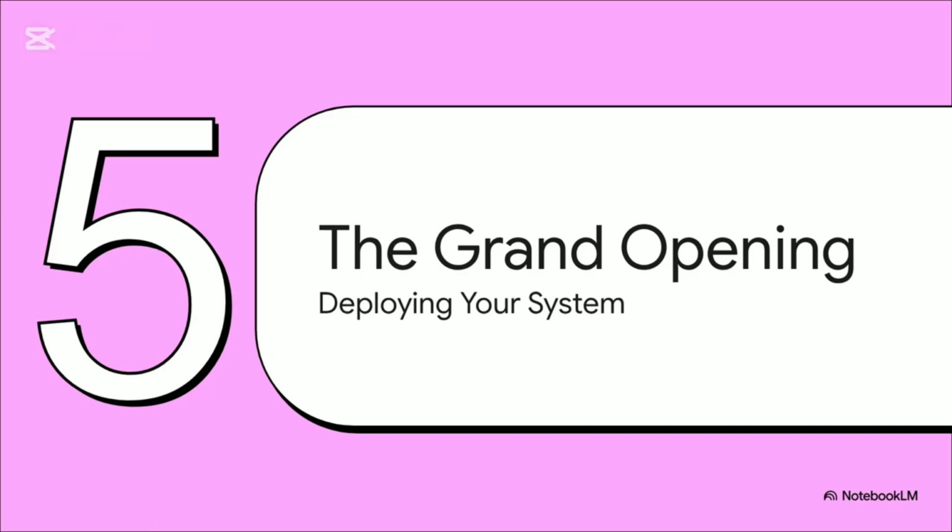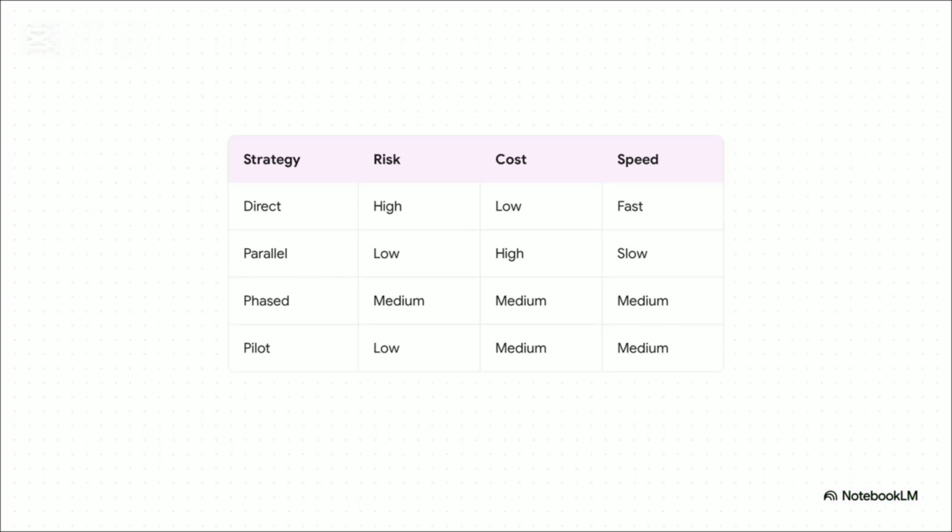Okay, let's fast forward a bit. We've gone through all the development, this system is built, it's been tested, but the job is not over yet. Now comes the grand opening, the deployment, and how you launch your new system is a huge strategic decision all by itself. As you can see here, you've got several options, and each one has its own trade-offs. You could go direct. Just flip the switch, turn off the old one, turn on the new one. It's fast, it's cheap, but man, is it high risk if something goes wrong. The total opposite is parallel, where you run both the old and new systems at the same time. It's super low risk, but it can be slow and really expensive. Phased and pilot are kind of a happy medium, letting you roll out the system bit by bit, balancing that